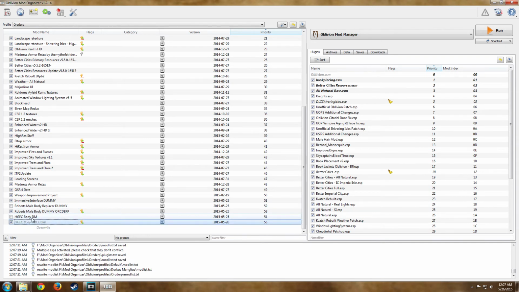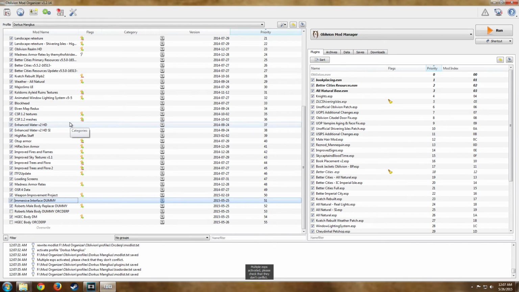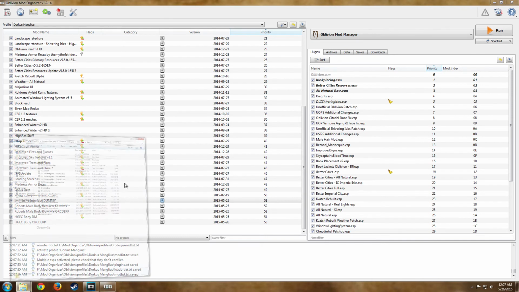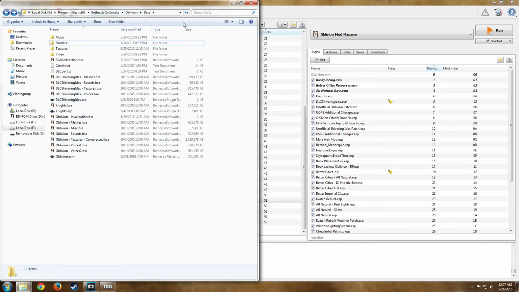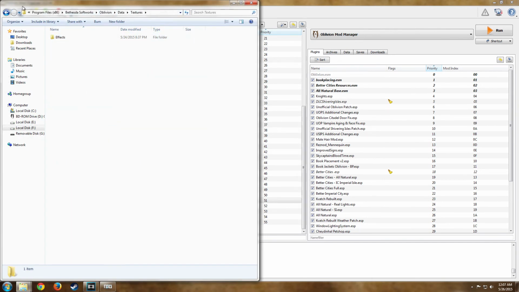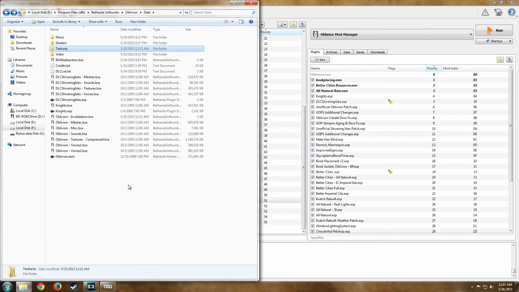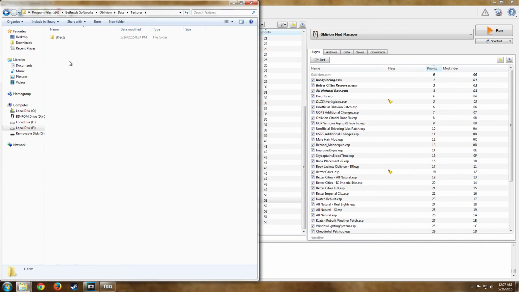So you can see here I have a different installation of HGEC body for this character in Mod Manager and in Mod Organizer, and I have it activated. Let me activate this again there. And that's pretty much it. Let me show you my data directory here and refresh this. Normally, if Mod Manager did install these physically in the data directory, it'd have a meshes folder and different textures and stuff. So yeah,